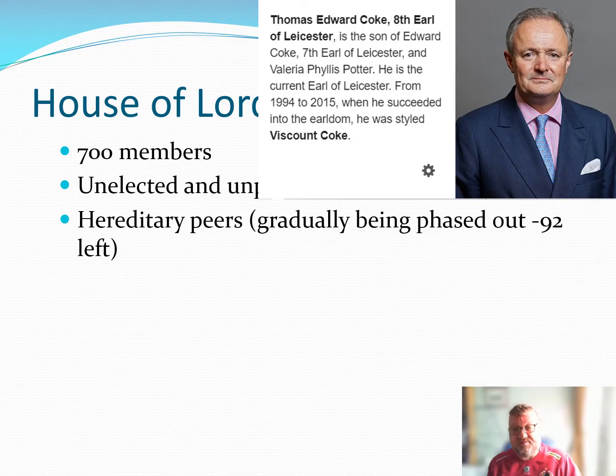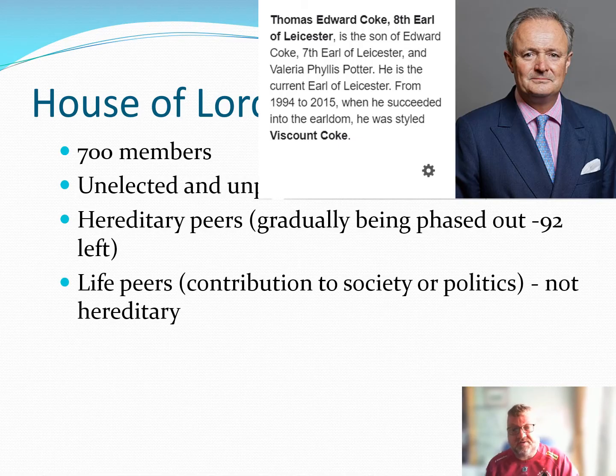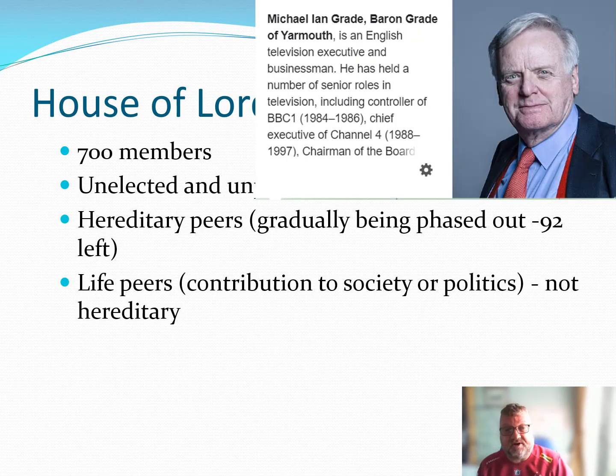So they're gradually being phased out, and they are being replaced with what are called life peers. So people who hold a place in the House of Lords for the duration of their life until they die. And they are appointed usually by a Prime Minister for contribution to society or politics. So here's an example of some of the people that are life peers in the House of Lords, some of the 700. So this guy here, Michael Grade, who you may know, he's known as Baron Grade of Yarmouth, but